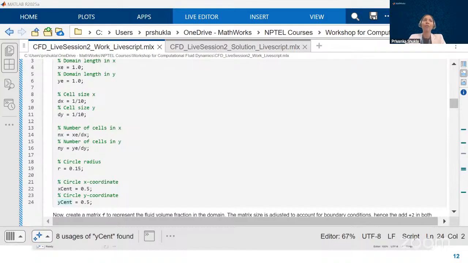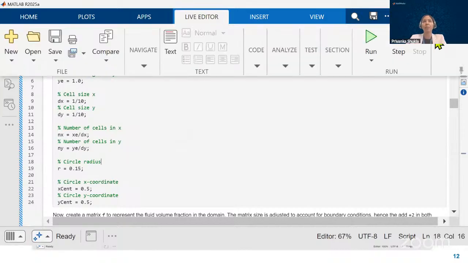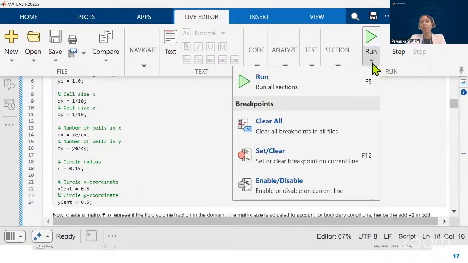I hope you all were able to specify the parameters. Let's go ahead and simulate this particular section. To simulate this particular section, come to the live editor tab in the tool strip and click on the run drop down. And from here,